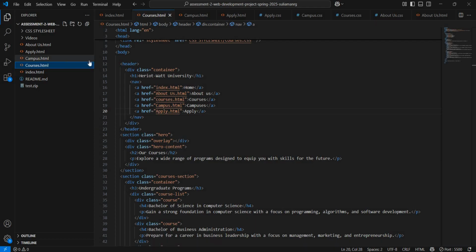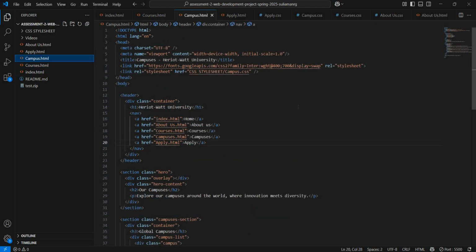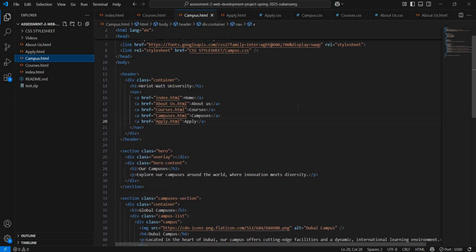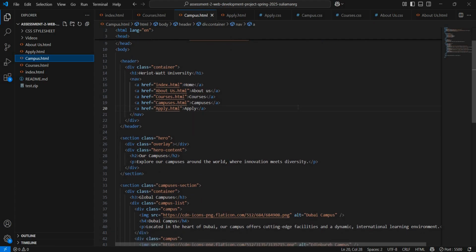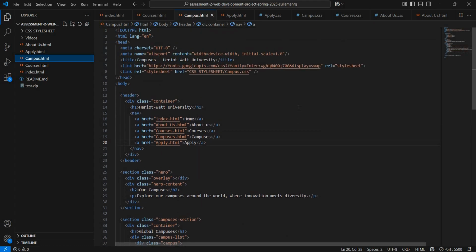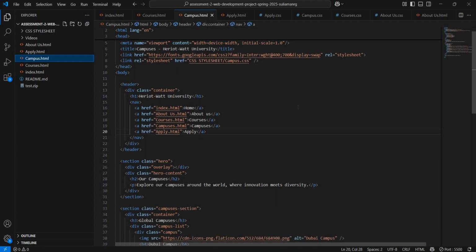Now let's come to the campus.html page. Okay, so the campus.html page includes a video in the HTML. I used the video tag to set the source to the MP4 file included in the project. I also added controls so users can play and pause the video. In the CSS file for this page, called campus.css, I probably centered the video and adjusted the size to fit on desktop and mobile phones.